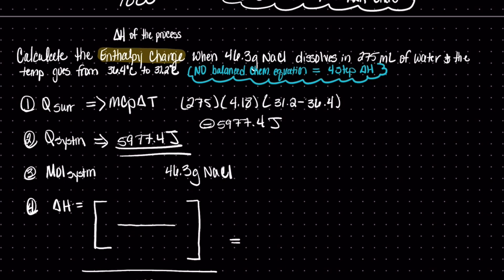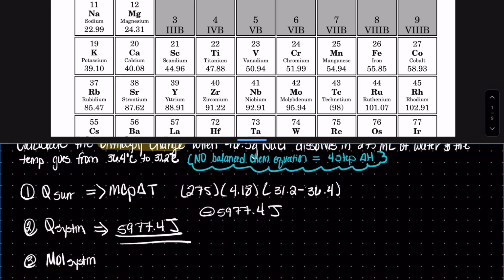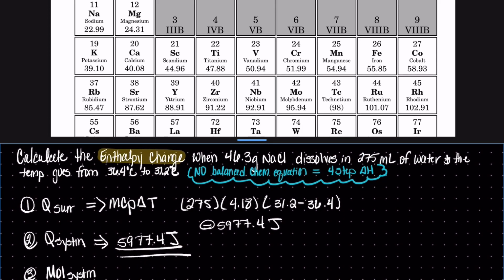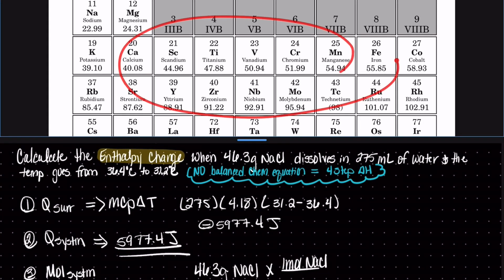So to get my molar mass of sodium chloride, and to turn 46.3 grams of NaCl into moles, for every 1 mole of NaCl, I'm going to use my reference sheet to take that molar mass